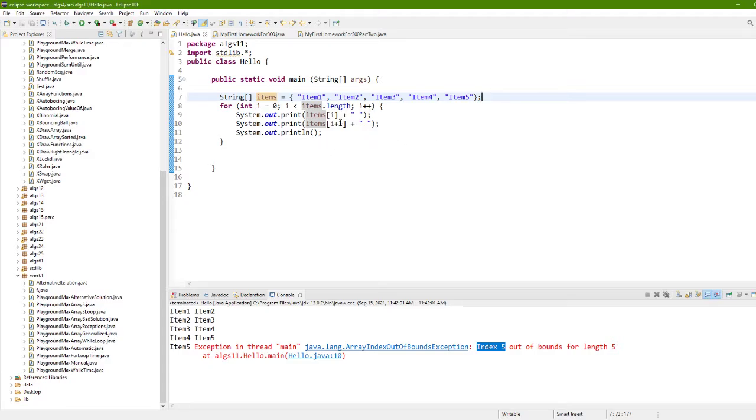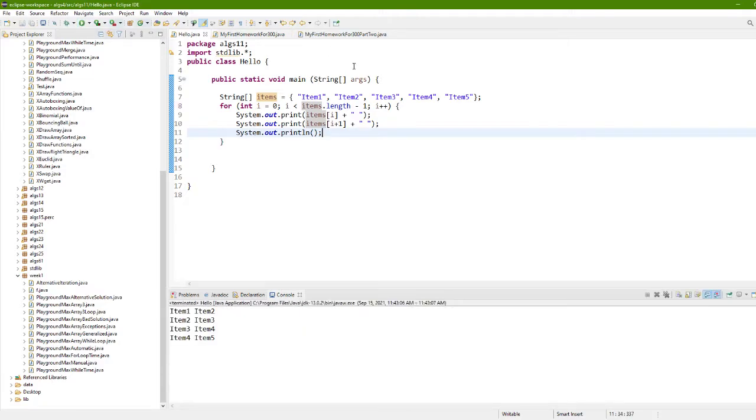So how do I fix this? Well, essentially what you would need to do is say, hey, I need to keep going until I'm 1 less than my length. That means my index value, instead of going up to 5, if I can make this 5 into a 4, that will tell me to go from 0 to 4. Because remember, the length of the items is 5, and if we subtract 1 from the length of the items, 5 minus 1, that gives us 4. And then, of course, if we go ahead and run this piece of code, we can see neatly that